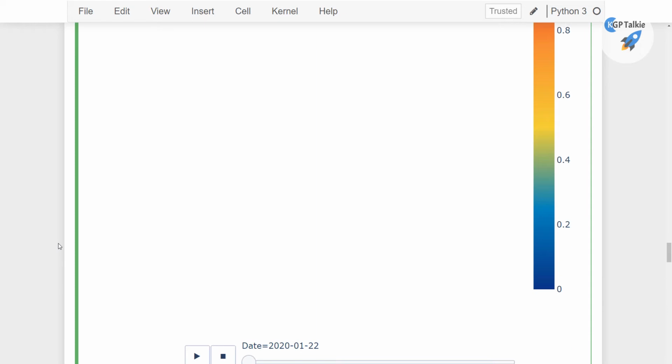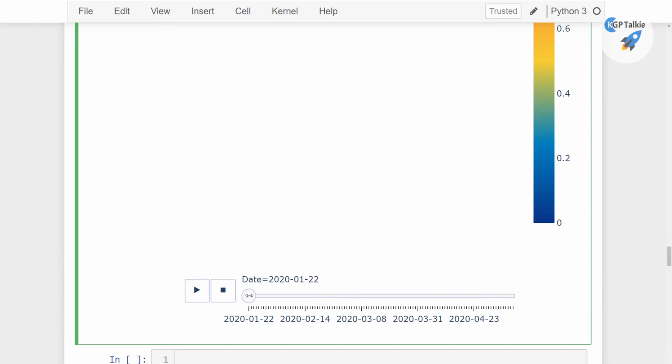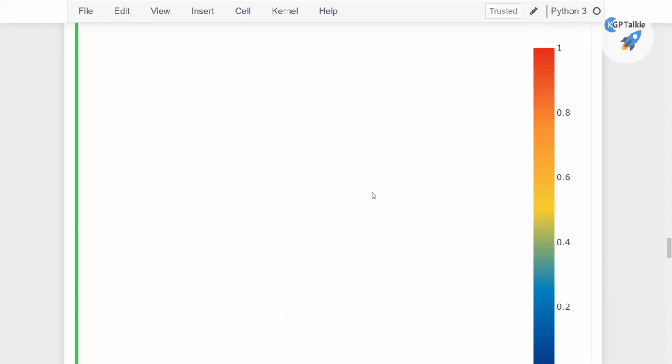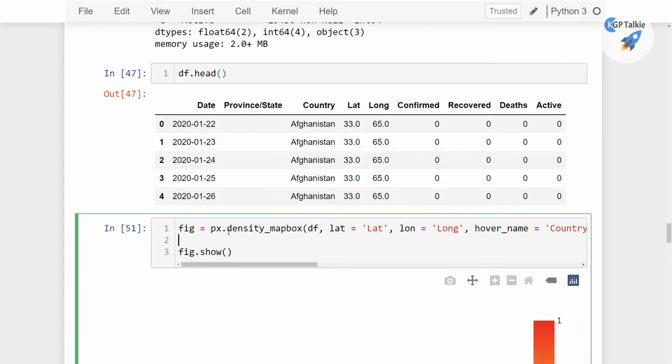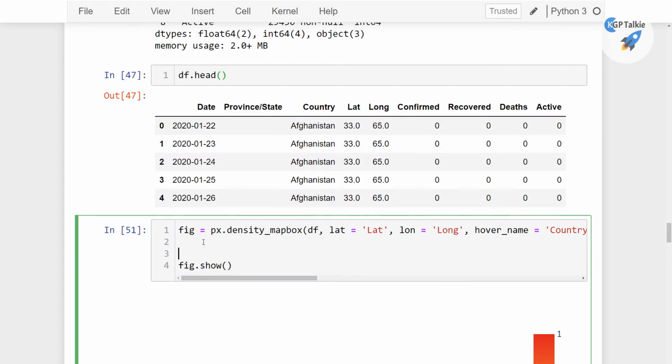Alright, so you get here an animation on which we will be seeing the data, but we do not have a map here. Now we need to add the map information, and we can add that map information with fig.update. So here we have fig.update underscore layout. So we are gonna update that layout with the title is equal to